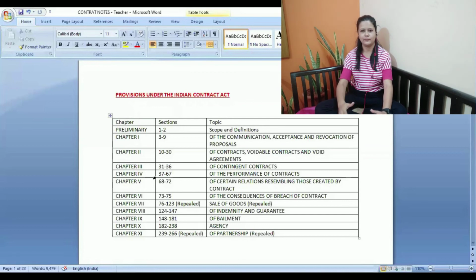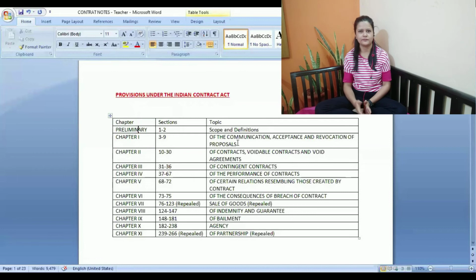So these are the main provisions that we have under the Indian Contract Act. You can take a screenshot of this table and then read it. Why it would be helpful for you is that, for example, if any question comes regarding indemnity or guarantee, which section of the Indian Contract Act defines the term indemnity, and various options are given, maybe section 76, 79 and then 124 and then